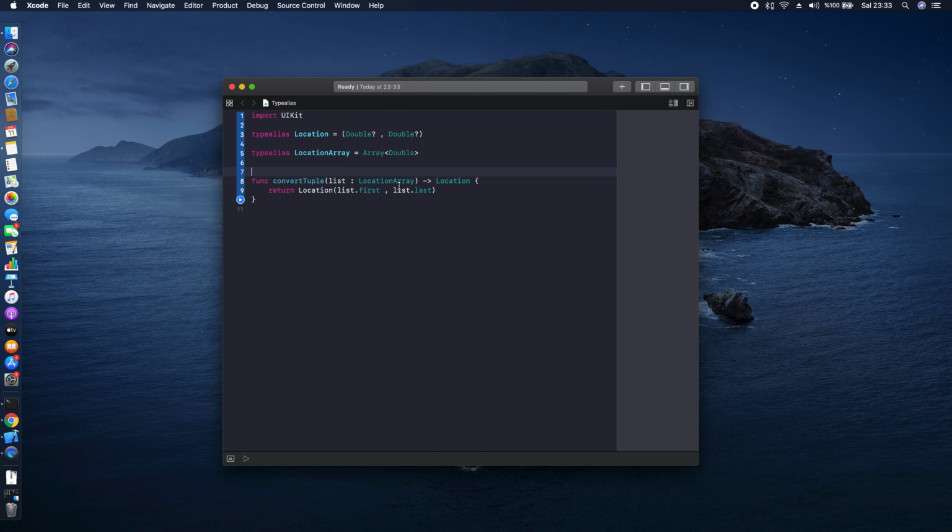Yep, you see that, and the convert tuple function gets an argument which is a new type location array, and also returns the location. It takes the first and the last variables from the list, and also list containers. As an addition,